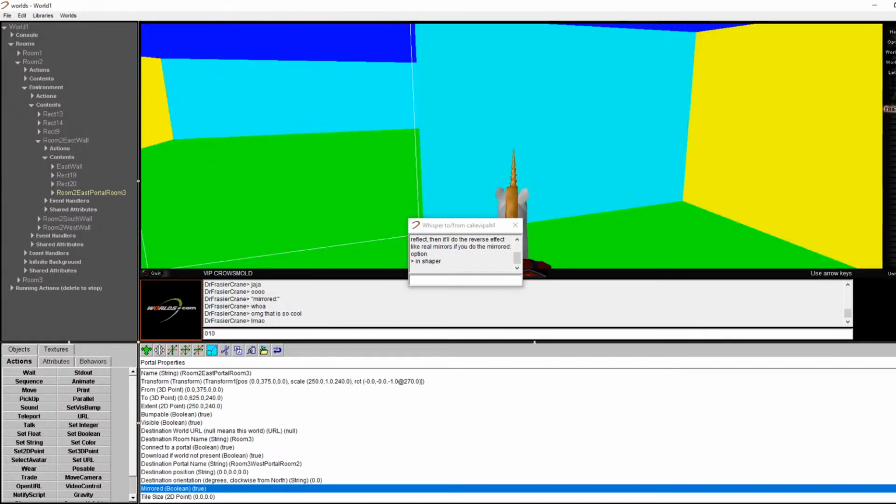And then I'm gonna select this portal and turn mirrored off. Okay. If you make a portal reference itself in the same room, same portal name as the destination, it will reflect that. It'll do the reverse effect like real mirrors if you do the mirrored option in Shaper. Oh, interesting. Okay, so